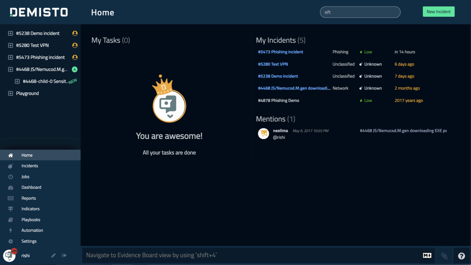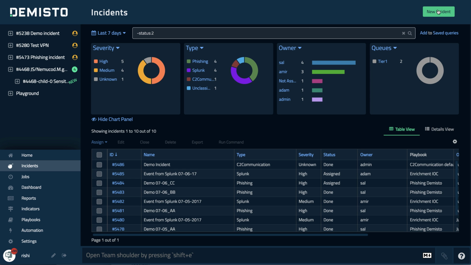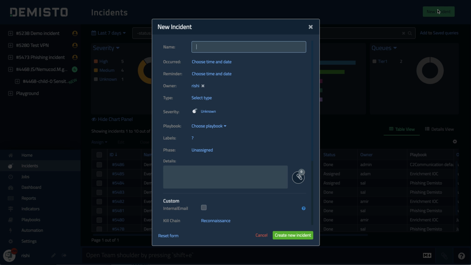Today we are going to see how to do some memory analysis of an infected system using Volatility and Demisto tools. So let's start by creating a new incident in Demisto, which will be used for the Cridex malware analysis. We have a system which has Cridex malware and we have already taken a memory dump. So, Cridex malware. Let's create this incident,